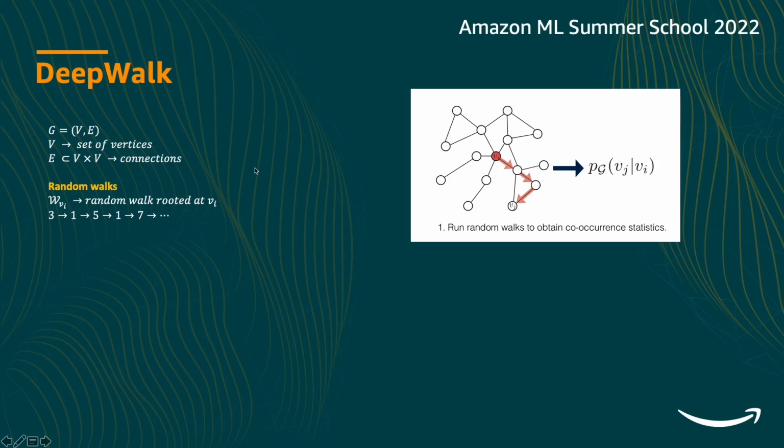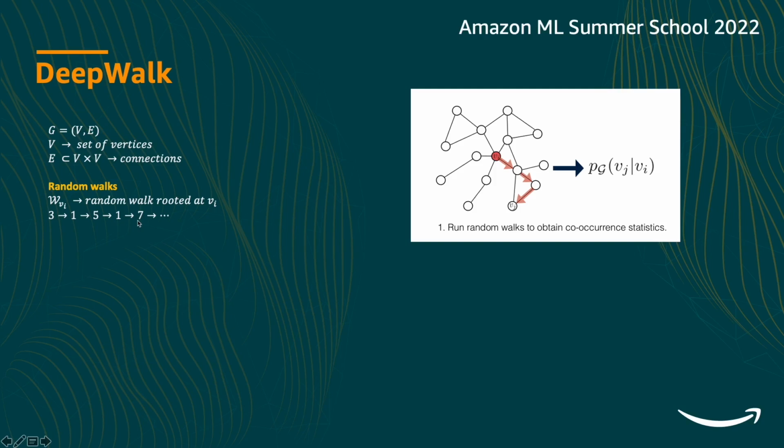What we do here is start with a node and then randomly walk, or jump, to other nodes based on the edges. Let's say we start with a node Vi, then from Vi we randomly go to any one of the other connected nodes. From there we go to some other nodes like that, and it creates a sequence of nodes. Let's say Vi is the node with an ID of 3. From 3 we move to 1, then 5, back to 1 again, and then 7.